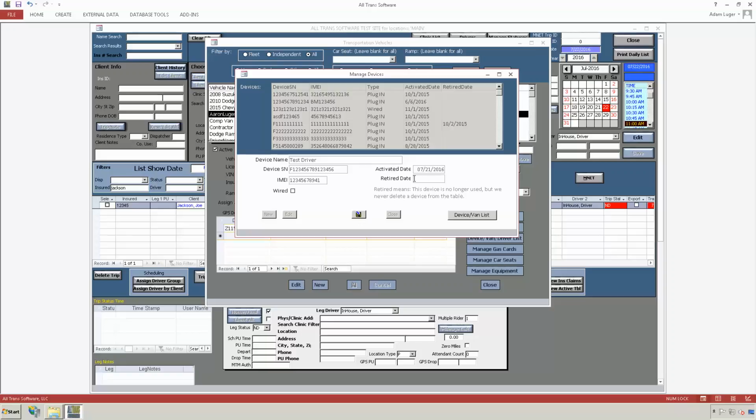At some point in time, if the device gets retired, it means it's no longer in use. Maybe it got returned, maybe the device is no longer operable. You can retire the device, and you would just come in here and put in the date that it was retired. And then we're going to save that. So you want to do that with every device that you have. Then if we come back,